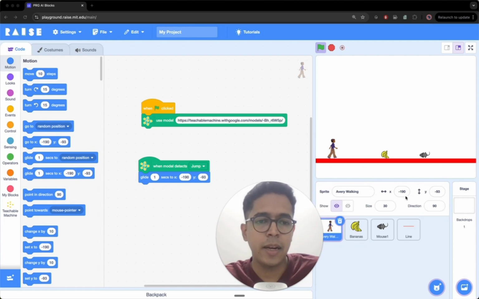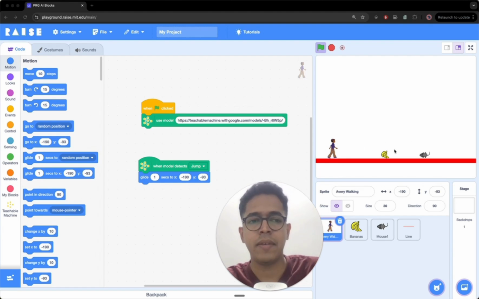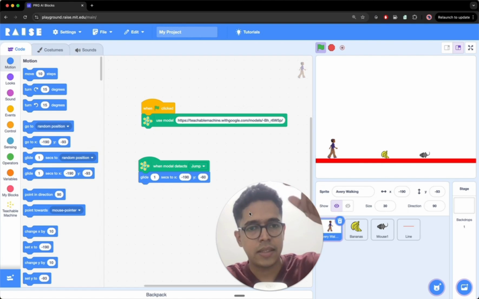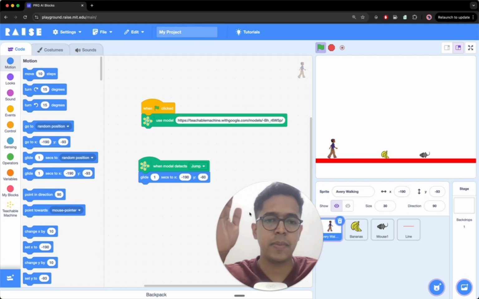The character's current position is minus 190 in the x-axis and minus 93 in the y-axis. So the y-axis is this, the x-axis is this. I don't want the character to move anywhere in the x-axis, only the y-axis. So from minus 93, I want the character to maybe move to, let's say, minus 60. And maybe in 1 second, the character can move to minus 60. So minus 60 should be above. We can see that. So if I raise my hand,